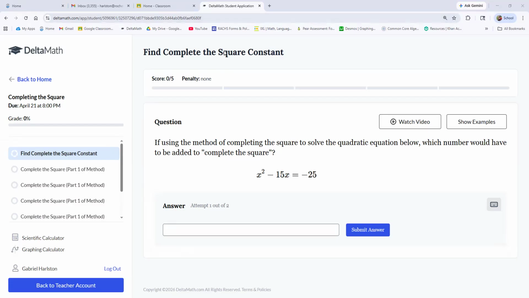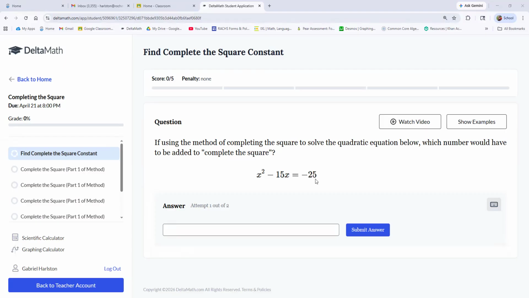Hey, I'm going to do a couple of videos on completing the square, and this is just another tool that you can use to solve a quadratic equation. All right, so what you see on the screen is a quadratic equation: x squared minus 15x equals a negative